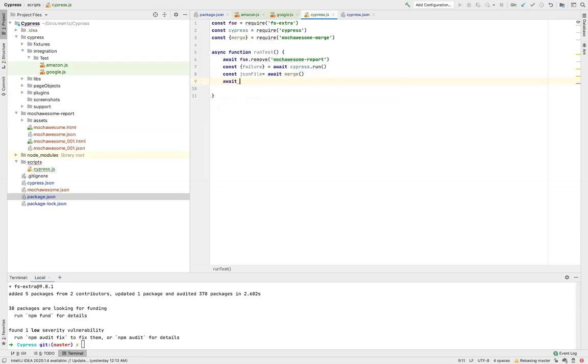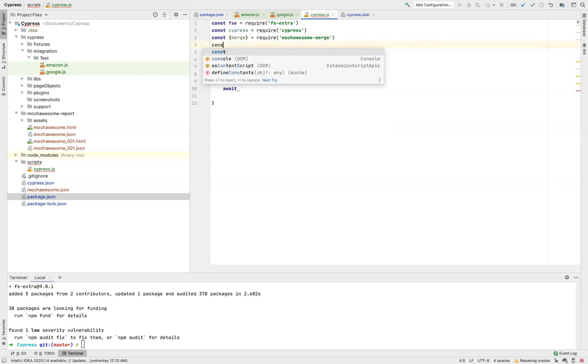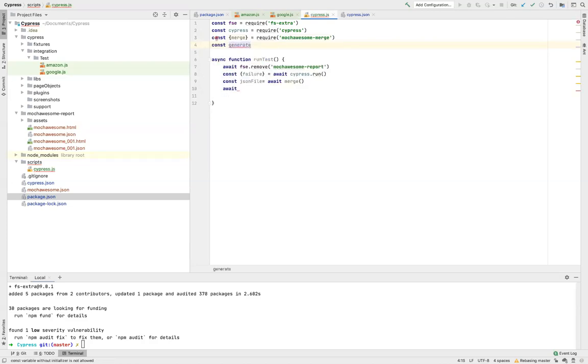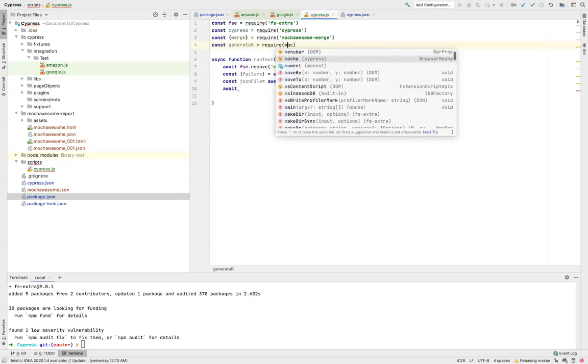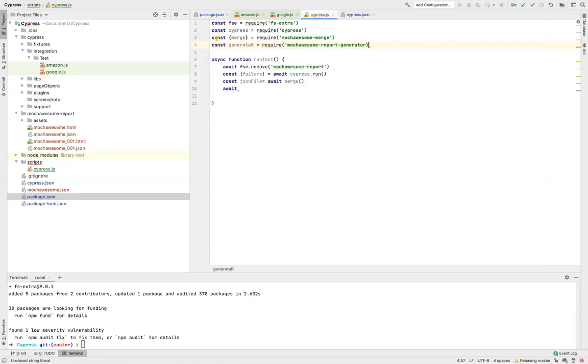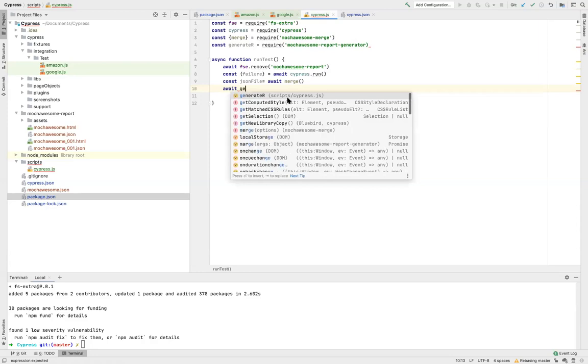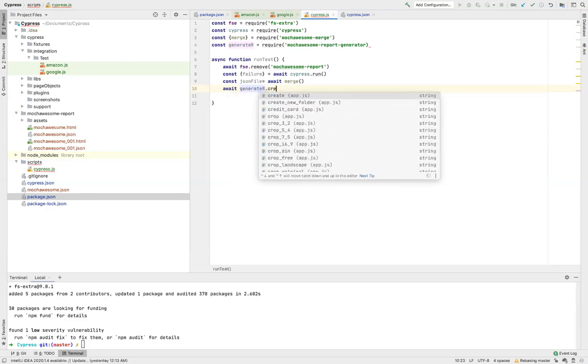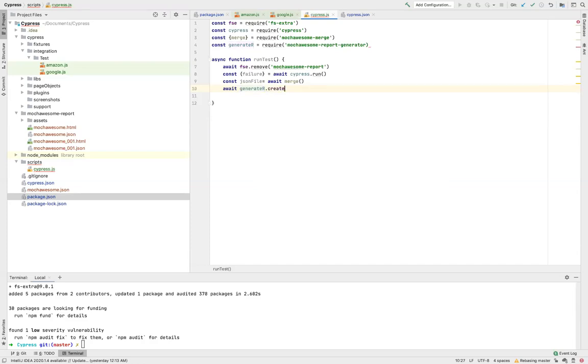So await: const generateReport equals require mochawesome-report-generator, and await generateReport.create and give it the JSON file. Why is it giving an error? Okay.